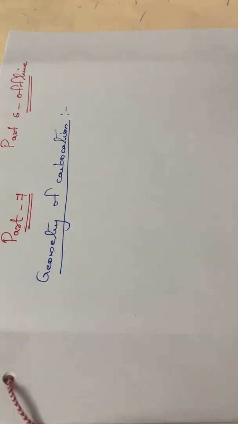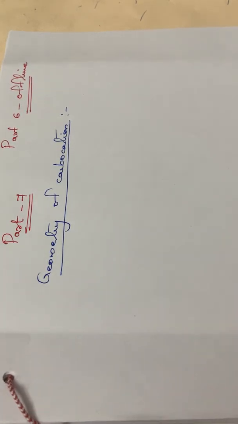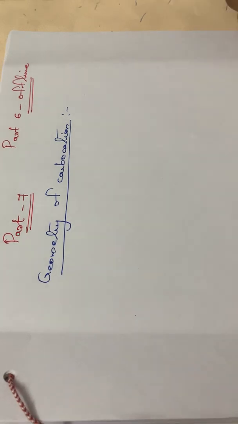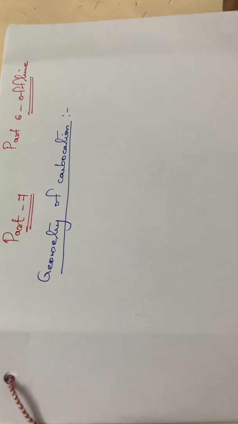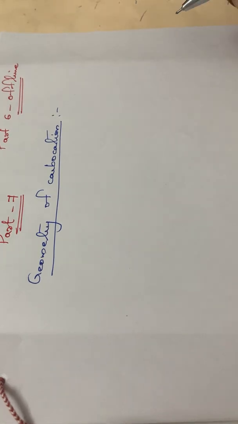Good morning, dear students. We have been discussing the topic carbocations, and we have gone through the definition of carbocation and also the classification of various carbocations, that is methyl, ethyl, isopropyl and tertiary butyl carbocations. And also another classification is alkyl, allyl, benzyl and vinyl carbocations, isn't it? So next we can go through the geometry of carbocations.